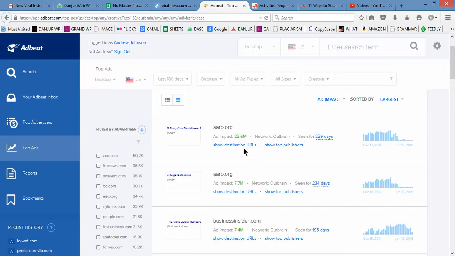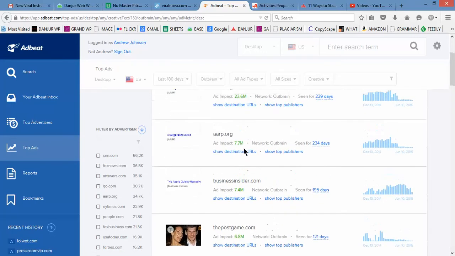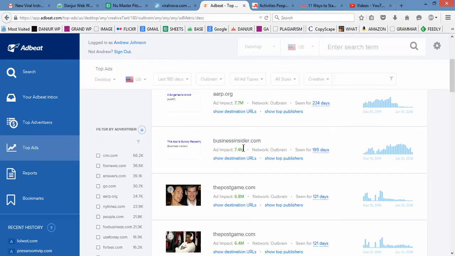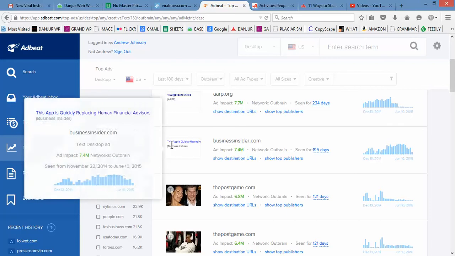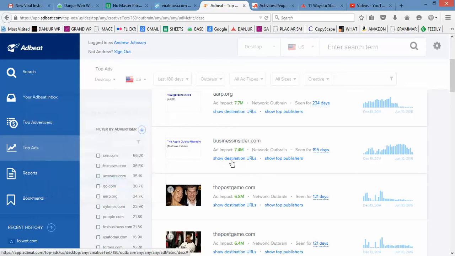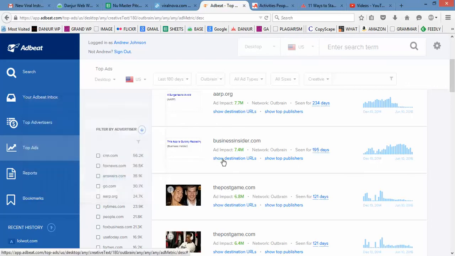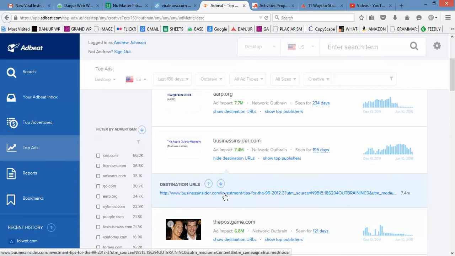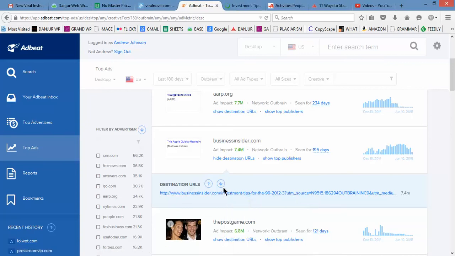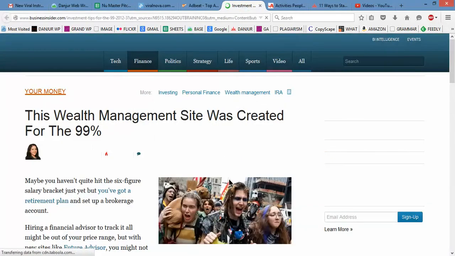Now, if you want, let's take a look at a couple more here just to get an idea of how this works. Some of these are also ads, and they're selling stuff. Like this one here. Let's click on it. Business Insider, it says, this app is quickly replacing human financial advisors. So if you're not sure, you can always click on these, and it'll tell you really quickly.